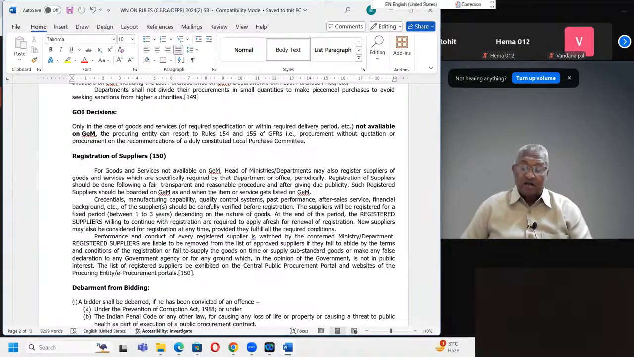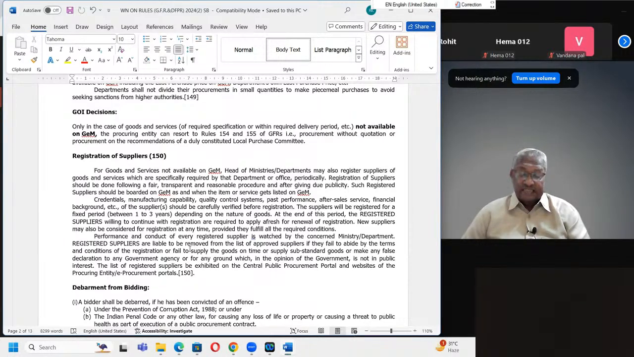Registered suppliers are liable to be removed from the list of approved suppliers if they fail to abide by the terms and conditions of the registration, or fail to supply goods on time, or supply substandard goods, or make any false declaration to any government agency, or for any ground in the opinion of the government is not in public interest. If the supplier does not supply according to quality, does not supply on time, does not supply the specified quantity, and gives a declaration of false statement, then in the government's opinion this is against public interest. In that case they can be blacklisted,